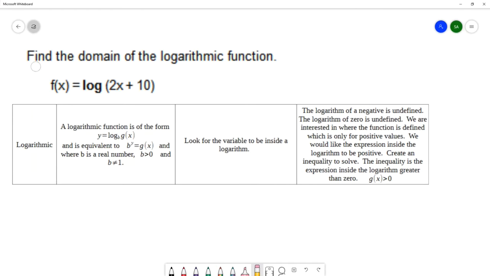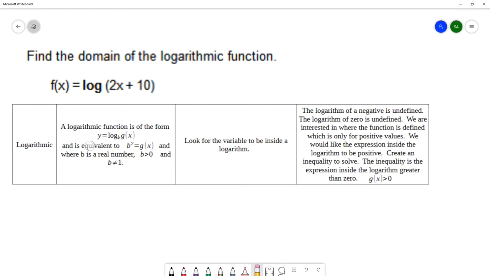On this question, we want to find the domain of the logarithmic function f of x equals log of 2x plus 10. Now, in order for us to know how to find the domain of a logarithmic function, we have to know a little bit about logarithmic functions. So a logarithmic function is of the form y equals log base b of g of x. So this g of x can be any expression,